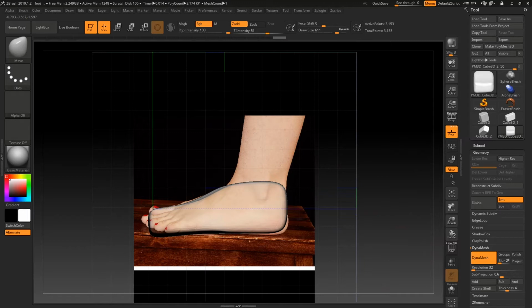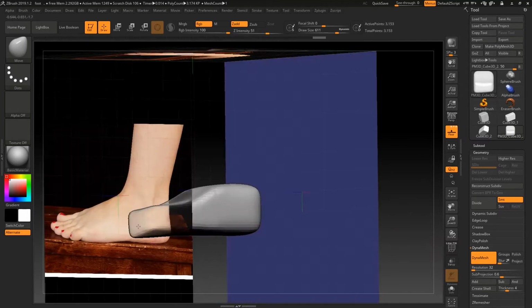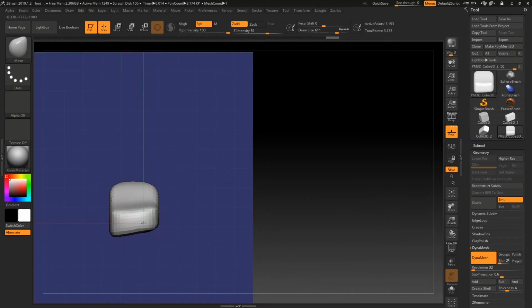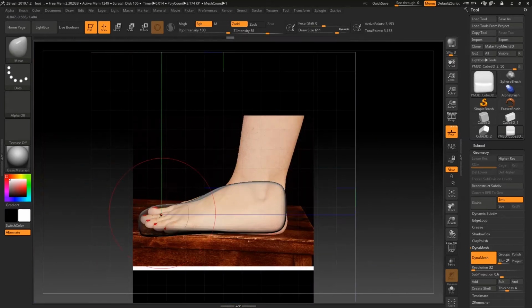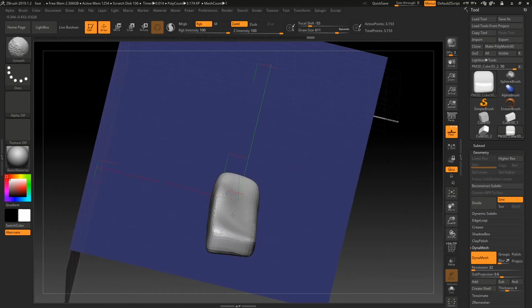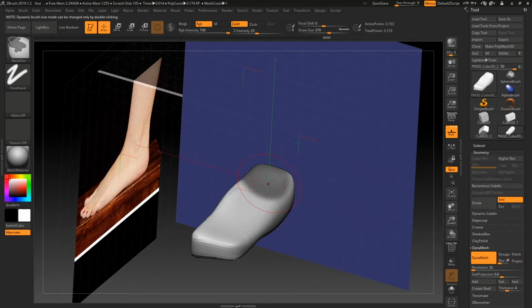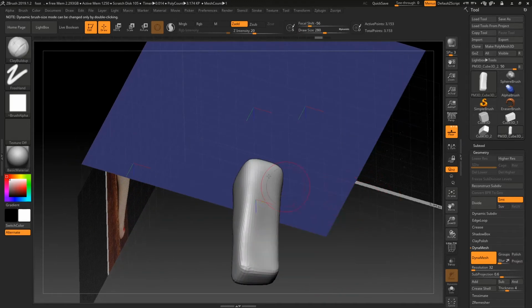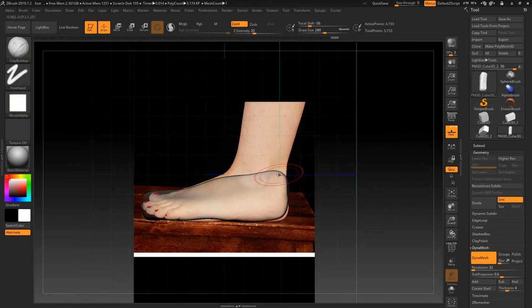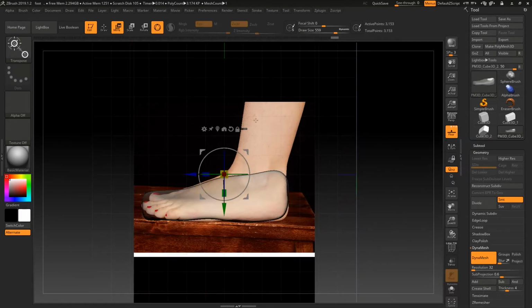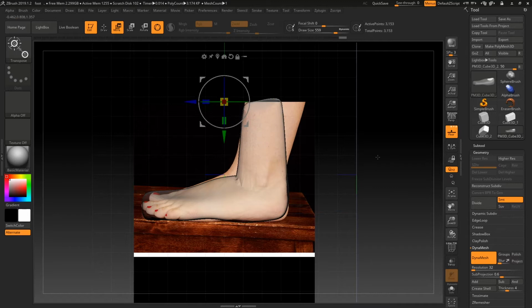Just going to move this down. Move this here. As we can see from this, the foot kind of curves in one direction. What I'm going to do now is go to Mask Pen, invert with Control I, and move. Actually, I want to use the actual move tool to move this up to create